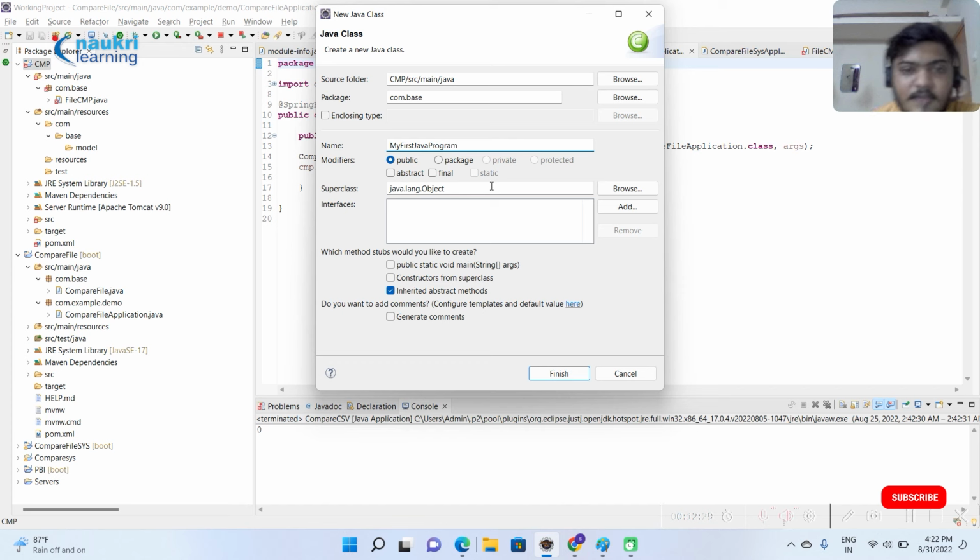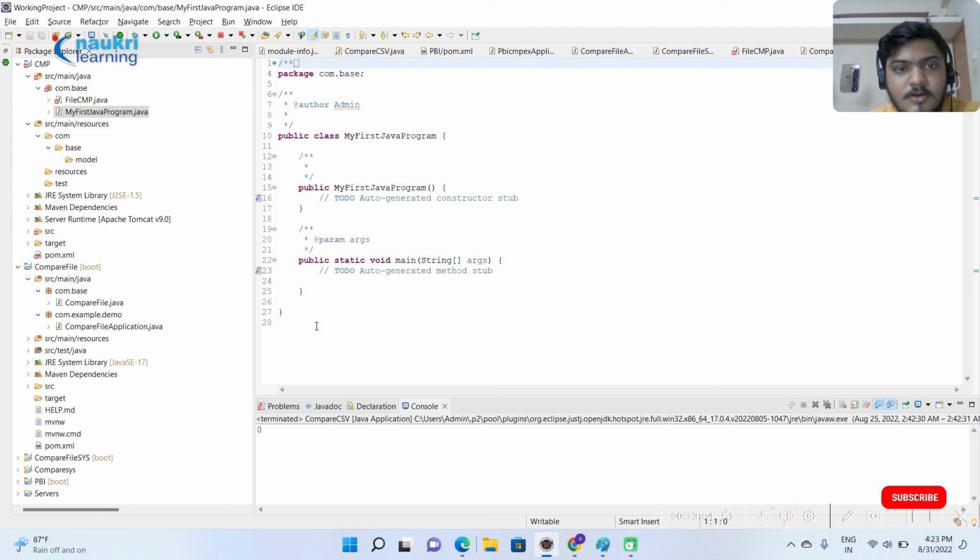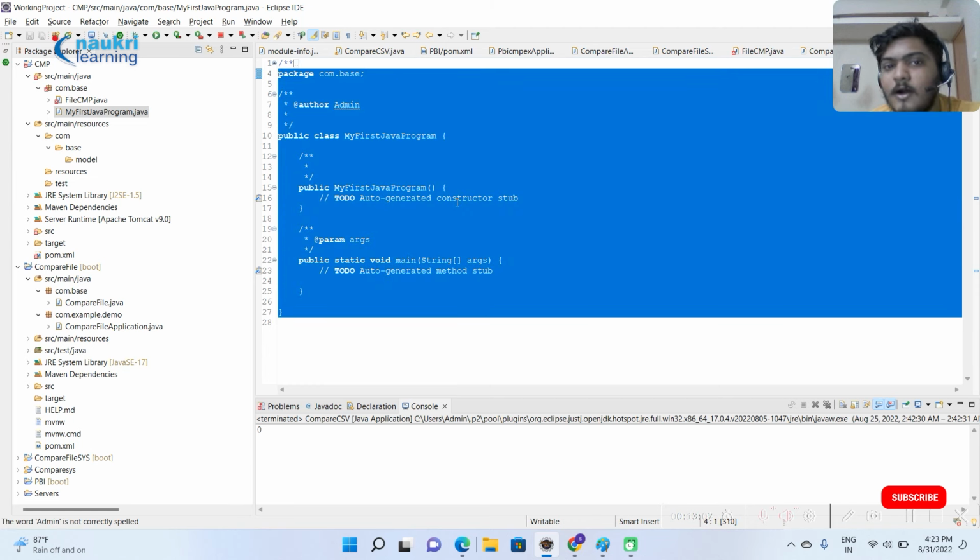Because here we have an option, right? We can use this actually. That's why, see, in the compiler I am showing you the difference. Don't get confused about what is this main, what is this constructor from superclass, what are these inherited abstract methods. You don't need to know about these concepts. Just see, in a single click or single button I am getting all these statements. See how many lines of code we got in a single click,